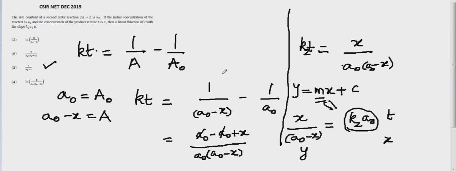If you were lucky enough to get it done, because we had two questions from the same second order kinetics, it was easy enough. All you have to remember is the basic integrated equation of second order. The rest of it is done with simple mathematical calculation. It is always important to remember the basics so that it will be easy for us to take up competitive exams a little more seriously. Thank you for watching.